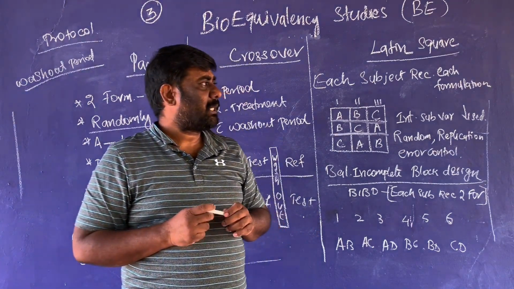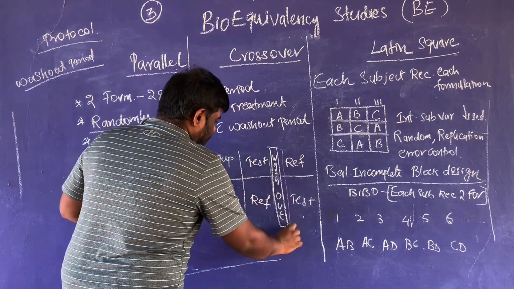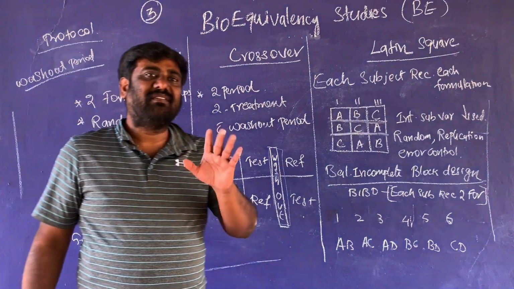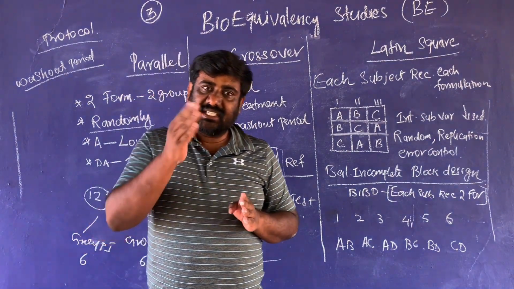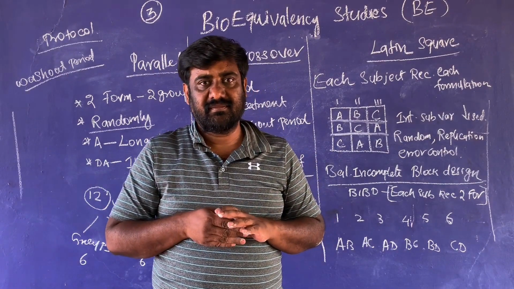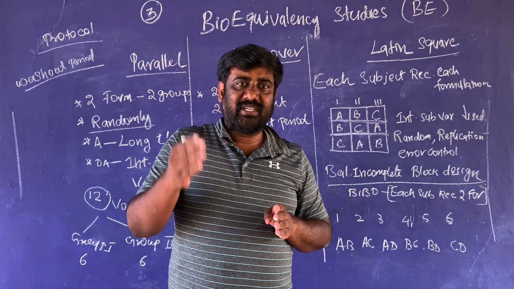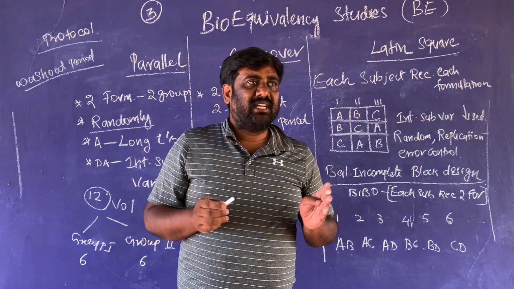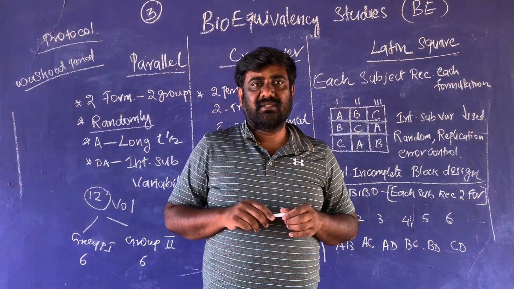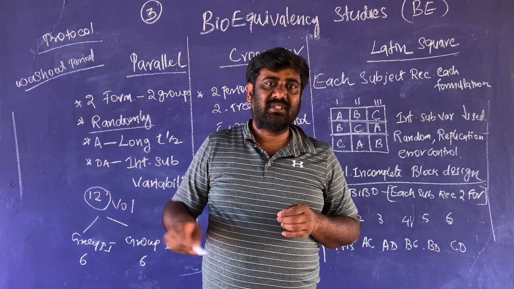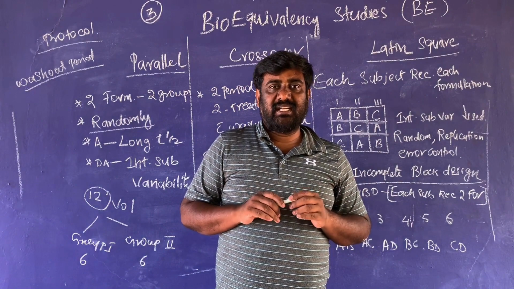So here one more term we should think about: what is washout time? Why is 1 week preferred? Generally, 10 times the t half, the half-life, is taken as the washout period. Most drugs have a t half of 1 to 10 hours. So 1 to 10 hours into 10 times is approximately 1 week. So in most cases we use a washout period of 1 week.